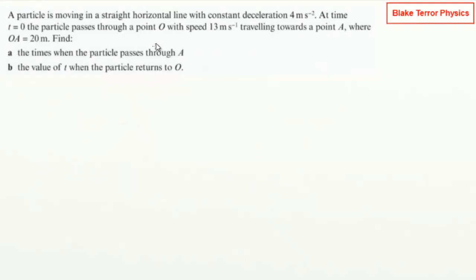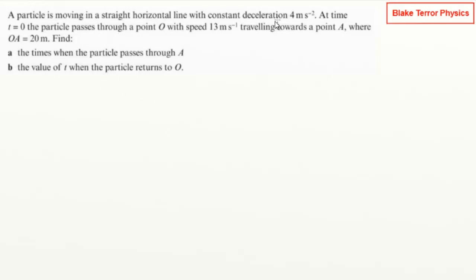Particle moving in a straight horizontal line at constant deceleration, 4 meters per second squared. At time t equals 0, particle passes through point O with speed 13 meters per second, traveling towards a point A, where OA is 20 meters. Find the times when the particle passes through A and the value of t when it returns to O. Right, so this one is more involved